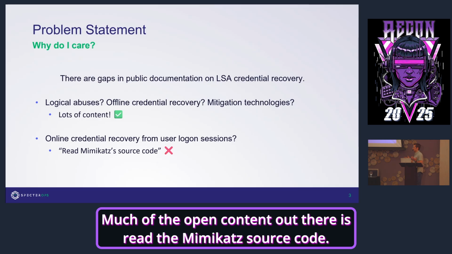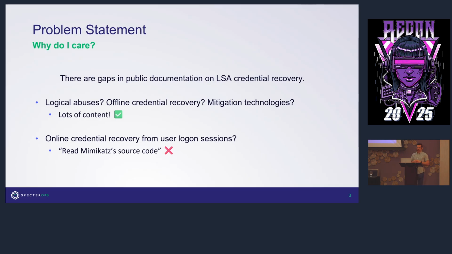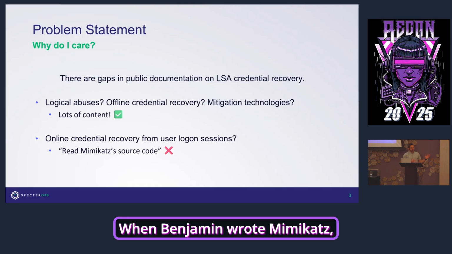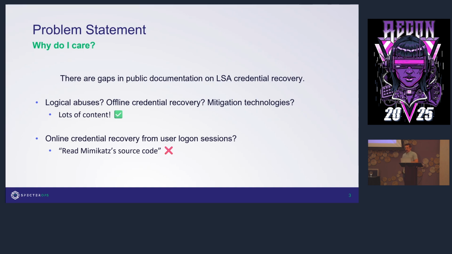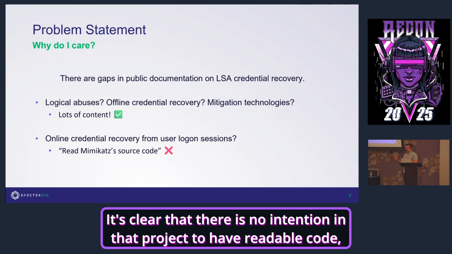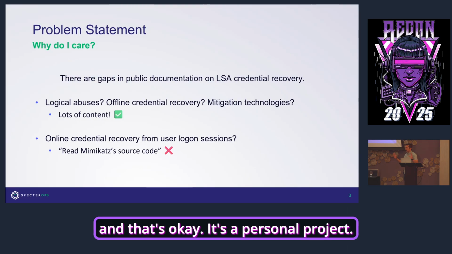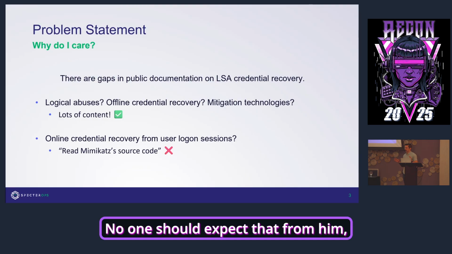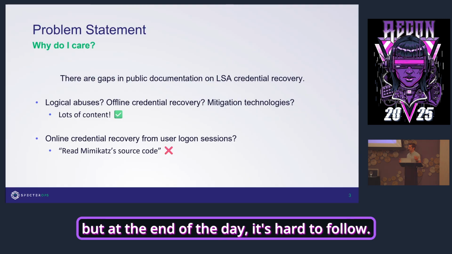Much of the open content out there is read the Mimikatz source code. And there are issues with that. When Benjamin wrote Mimikatz, he did it as a personal project. It's clear that there's no intention in that project to have readable code, and that's okay. It's a personal project. No one should expect that from him. But at the end of the day, it's hard to follow.